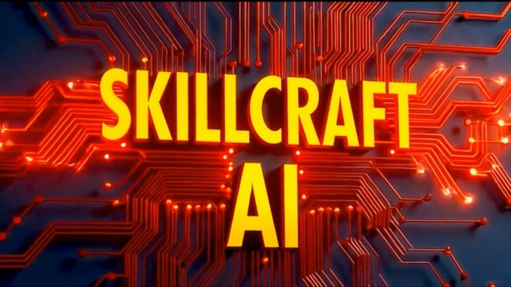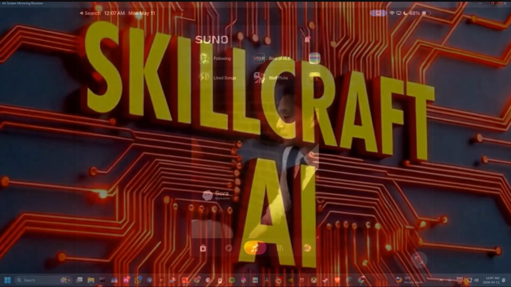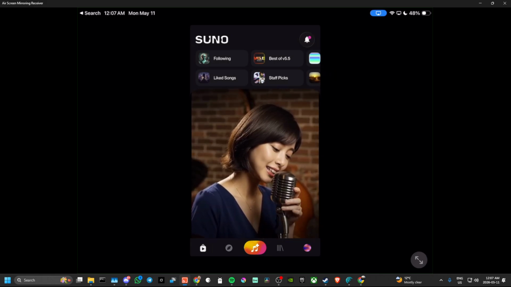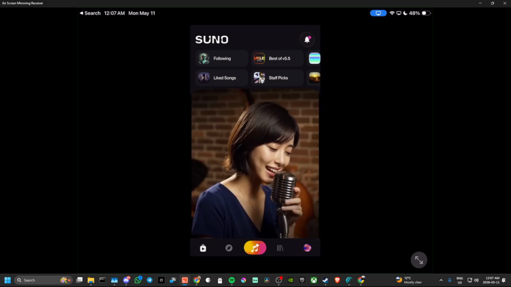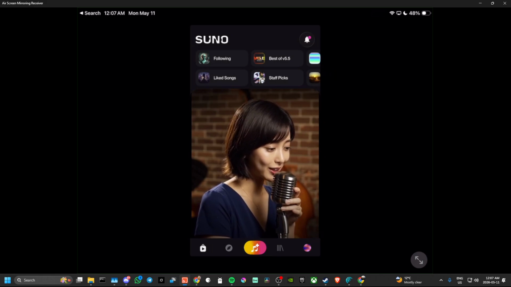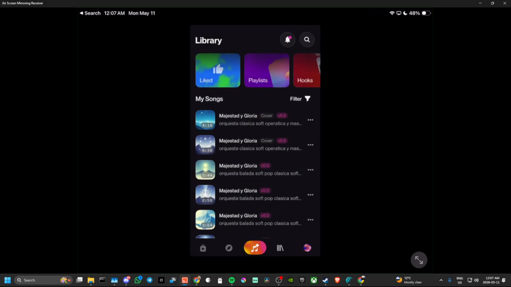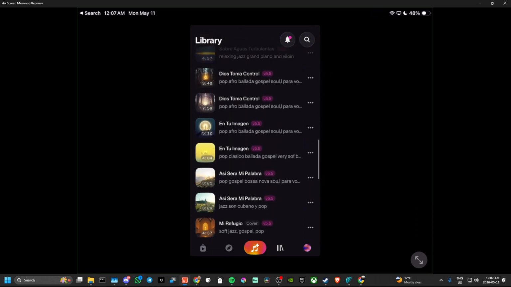Hey everyone, in this video, let's find out how you can extend a song in Suno on mobile. In order to do so, here we are in Suno for iOS, and what we're looking for, we can find in the library at the bottom right-hand corner. The second icon here will take us to our library, and then from here, we can find any song that